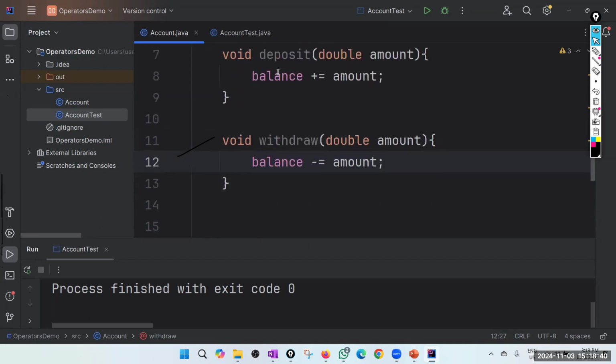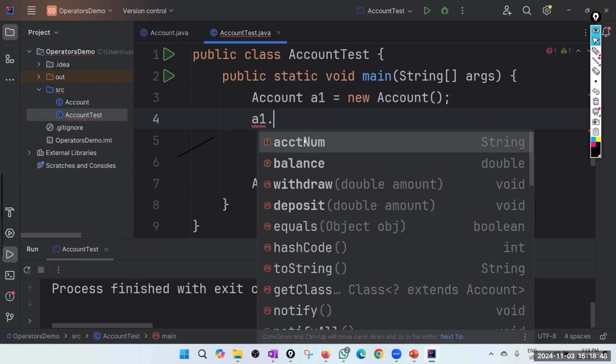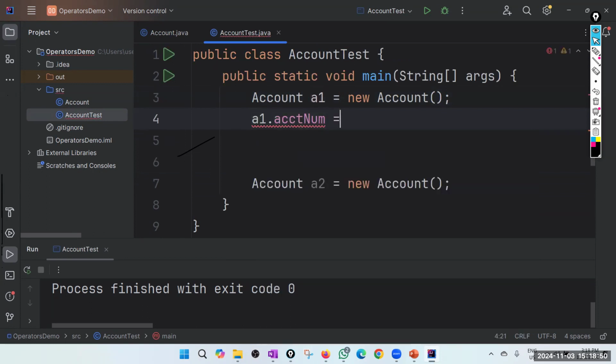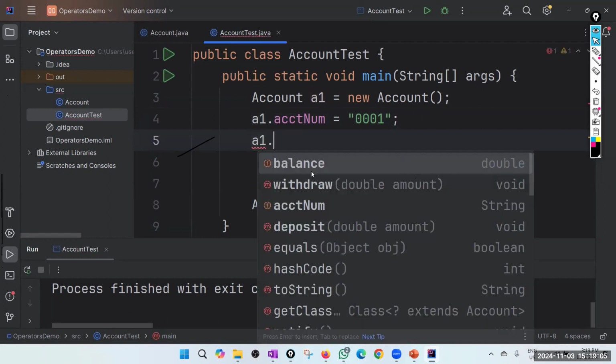Okay. So now, if you want, in your test class, you can set the account number, a1 dot, you use the dot notation, accNum, let's say 001. Okay. So account one wants to do a deposit behavior, a1 dot. This is called messaging, calling the behavior of the created object.